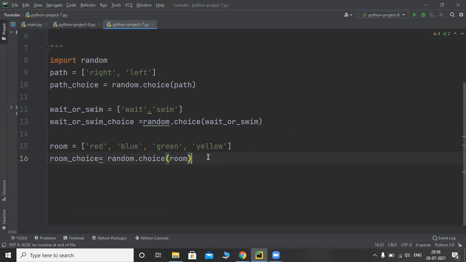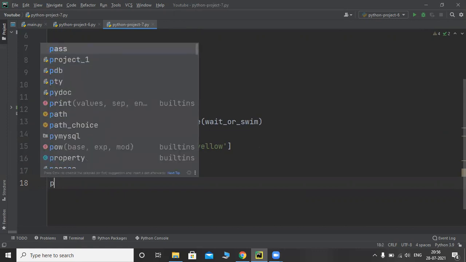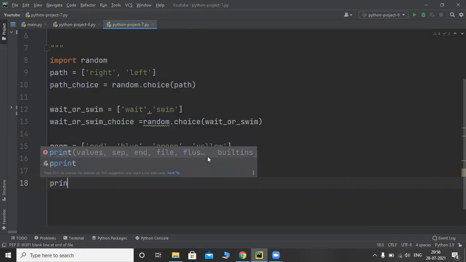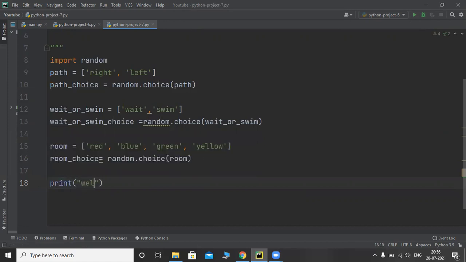Now the first stage is going to ask. Let us first print a welcome statement: welcome to stage 1 to find the key.